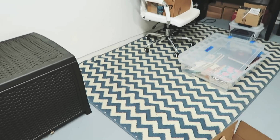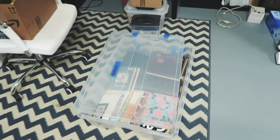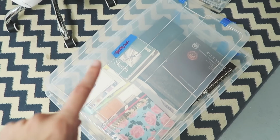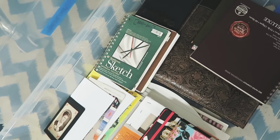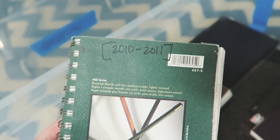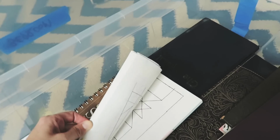So we've made a dent. At least I can unroll the carpet out, which is good. In this big bin, this was actually underneath our bed because we didn't have any built-in storage at our last place, that had all of our sheets and stuff in it. So now it houses all of my really old sketchbooks. Like this sketchbook, you guys, oh my God, it's from 2010. Cringe, cringe. I think this one might even be older,